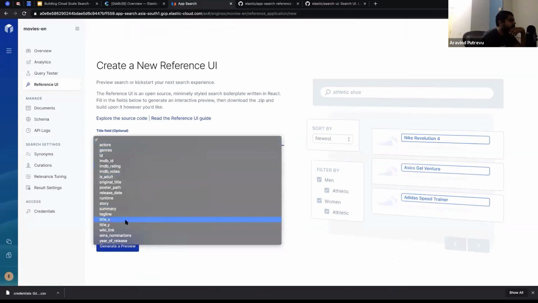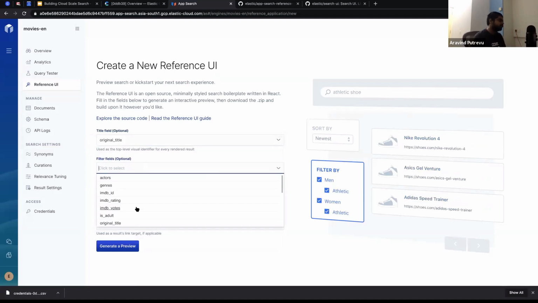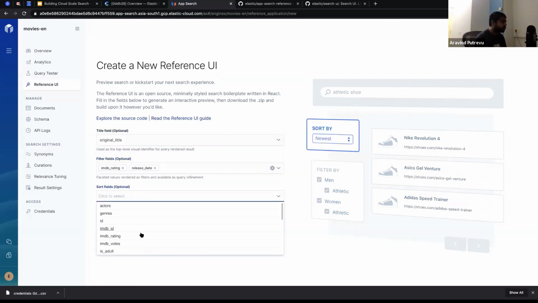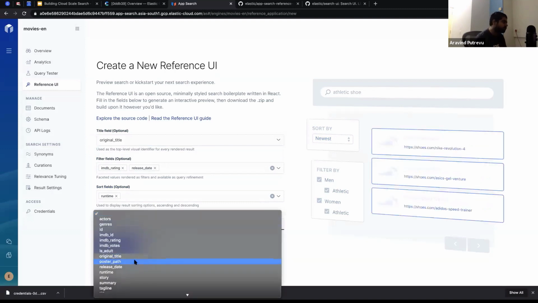I'll simply click on something like original title. Then I have filters. Say I want to filter based on the rating, and filter based on release date, and then sort based on, say, runtime, a time field, like longer movie, shorter movie.